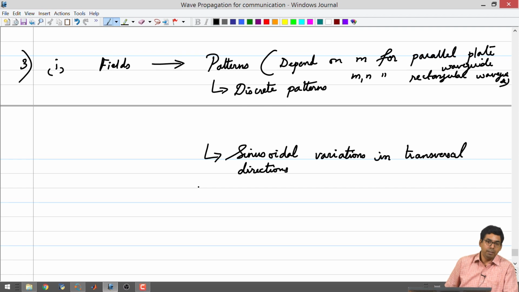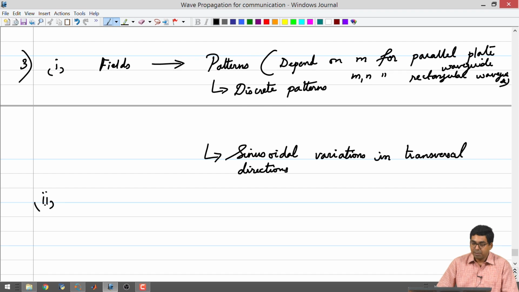One more commonality. In the case of parallel plate waveguide, we had seen that there exists a condition, which is that the frequency of the signal has to be higher than the cutoff frequency for the fields to exist. Is there a commonality like that in this case also? Because technically it is also made up of two sets of parallel plates, this could also have some cutoff frequencies. So, this is also a high pass filter, right?